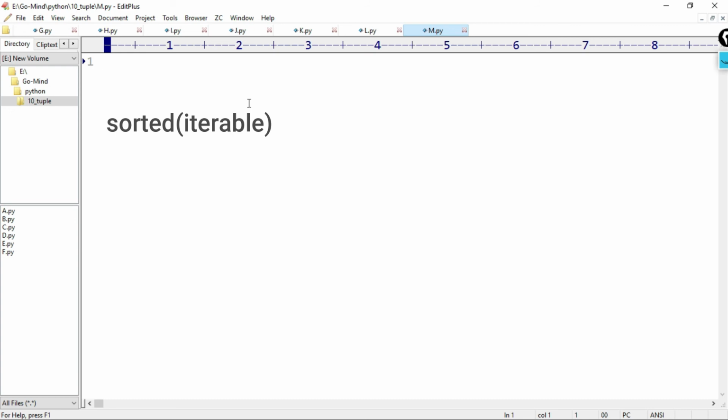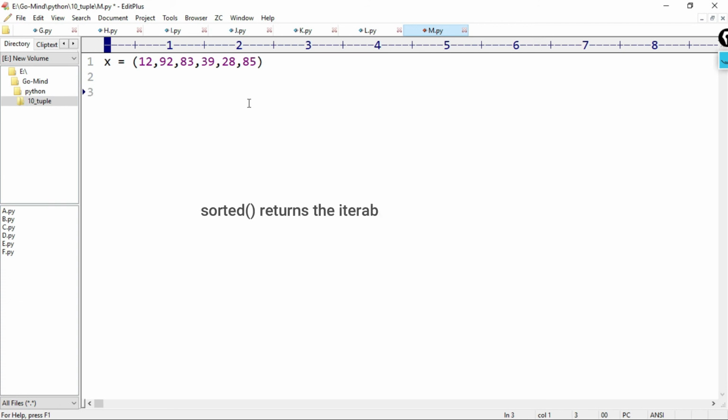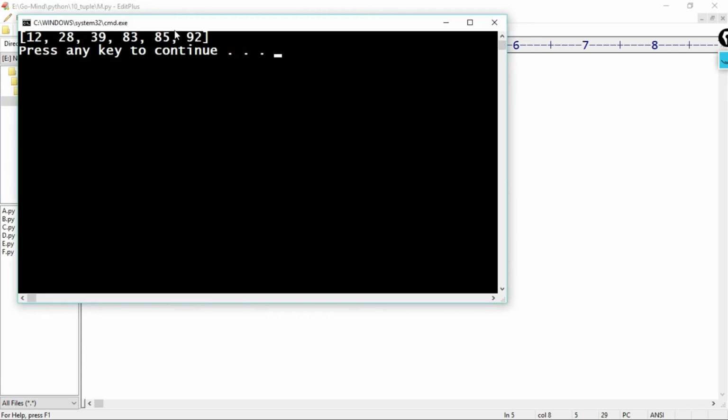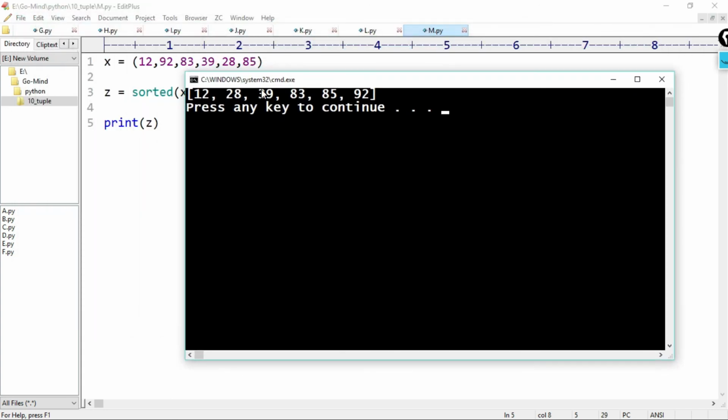Okay, so let's see. Suppose we have this tuple, sorted x. This method returns the iterable in ascending order, so we'll hold it in a variable z is equal to, and we'll print z. Let's run this. Look, our tuple is sorted in ascending order.